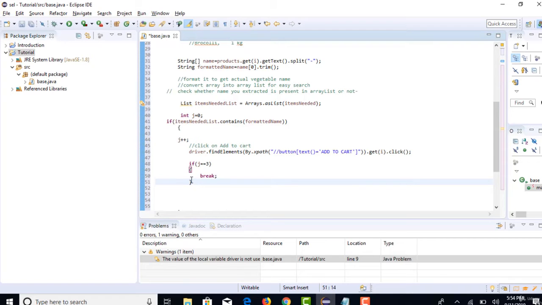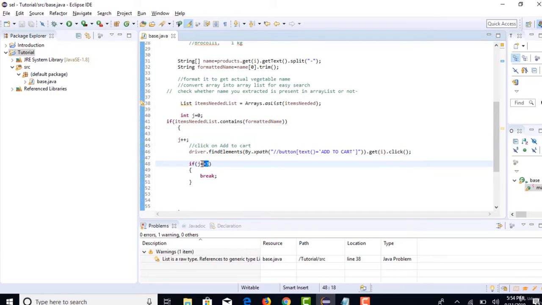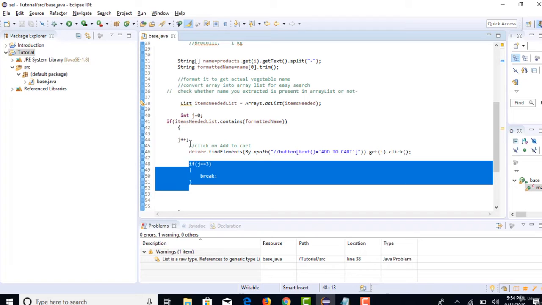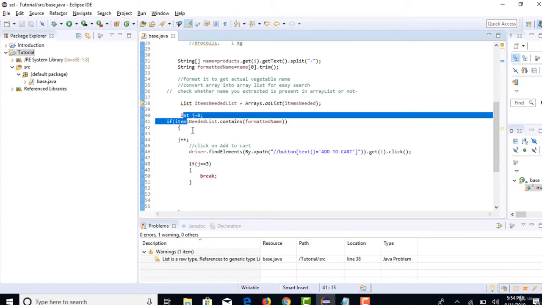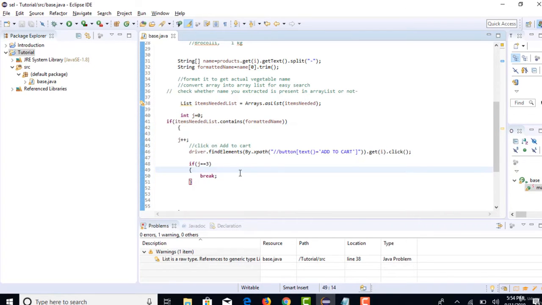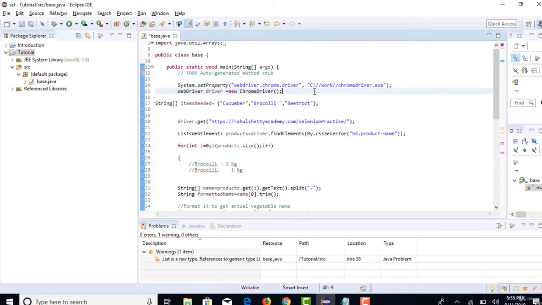Okay, let's give them for your convenience. If j equals 2, 2 equals 3 do not match, and it will not break. And when it becomes 3, that means it has already come inside 3 times, so there is no point in checking again, and this can stop your whole execution. Perfect. So let's declare this j equals 0 on the top, not inside this for block.